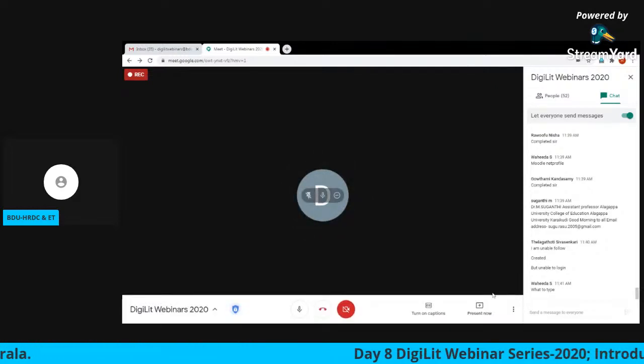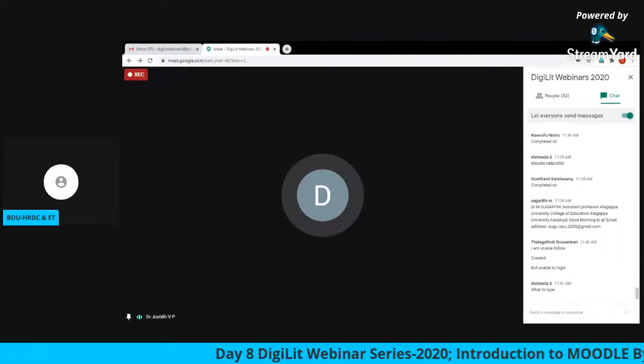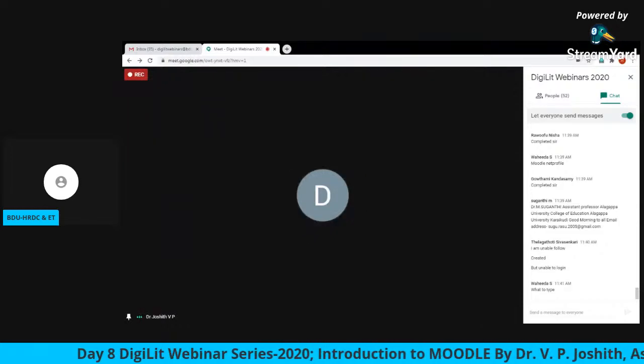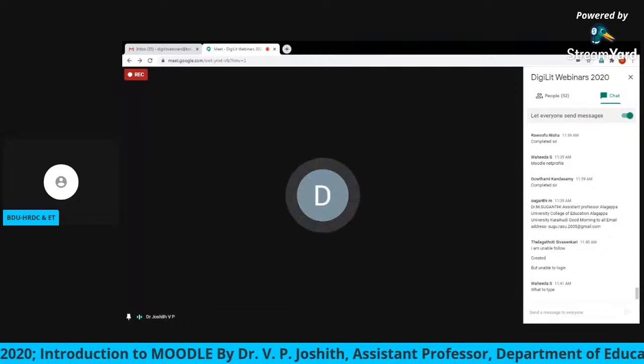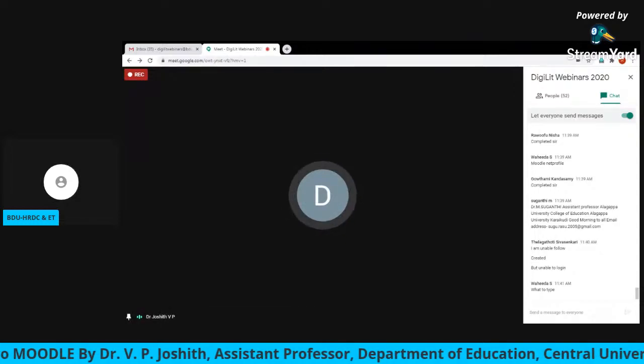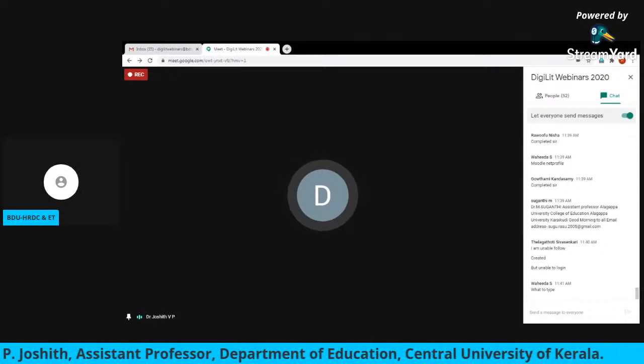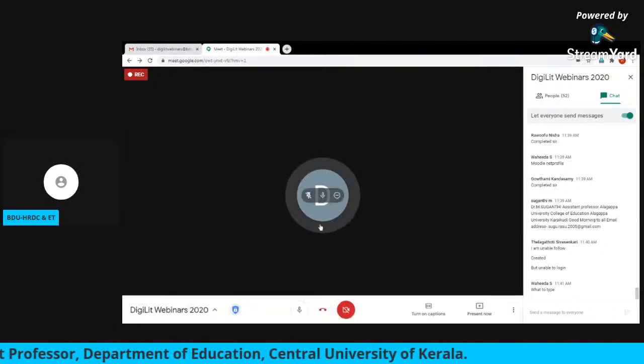Created but unable to log in, sir. What is the problem, ma'am? Tell me, what is the problem for logging in? Unable to open the pages, only login pages. No, you just open a new tab, the plus button.